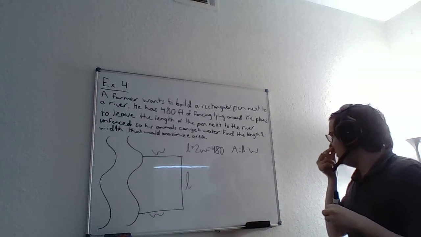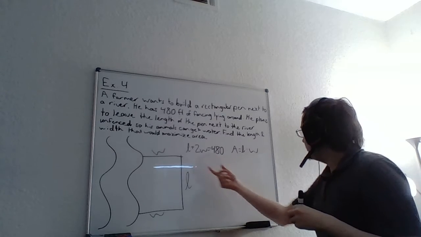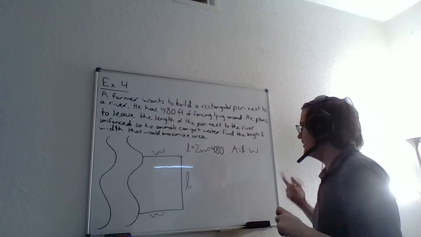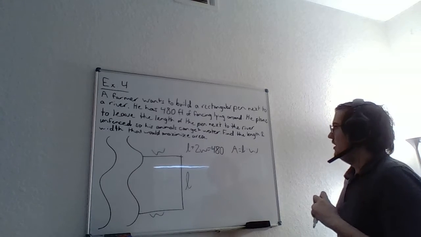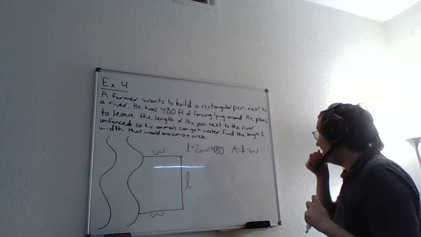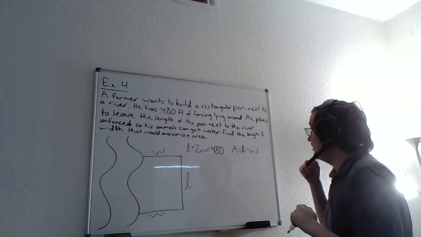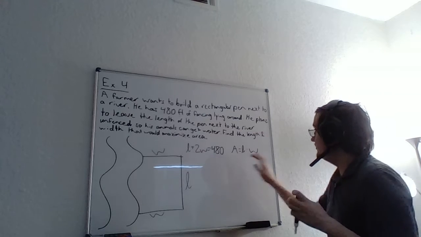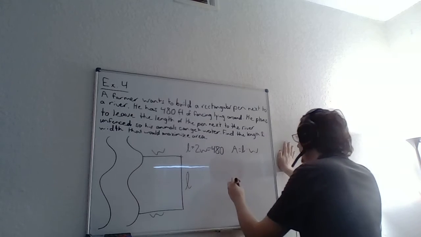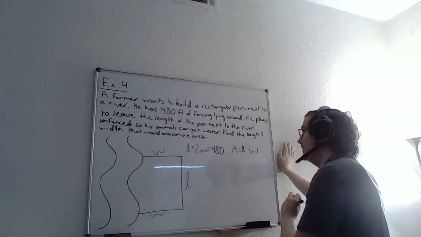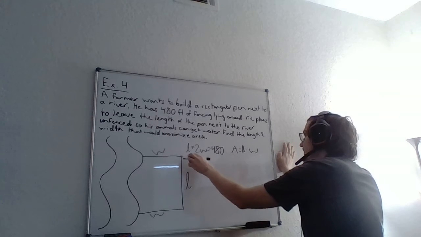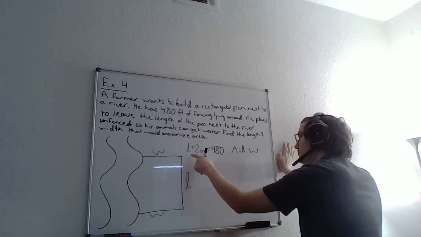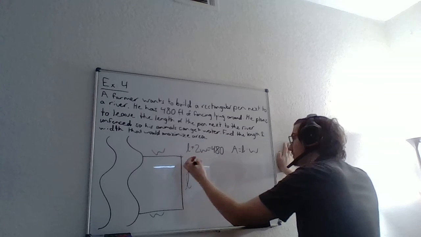And now we see we have two equations, two unknowns, right? We have length and width, so those are two unknowns. All we need to do now is solve for one of them. Okay, so here's what I'm thinking we do. It's very easy to solve this equation right here for length or width. So I'm just going to solve for length here.